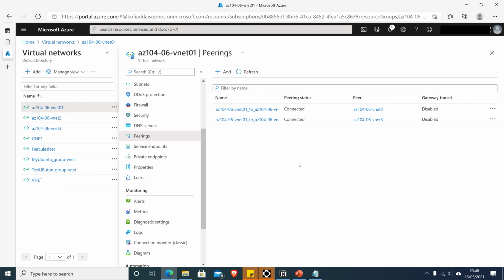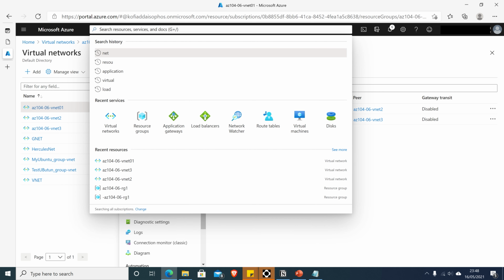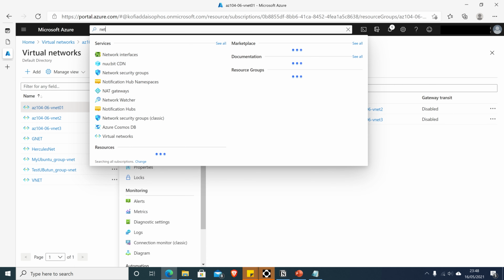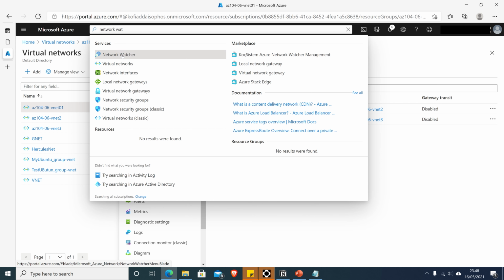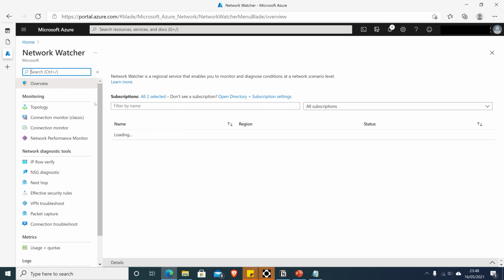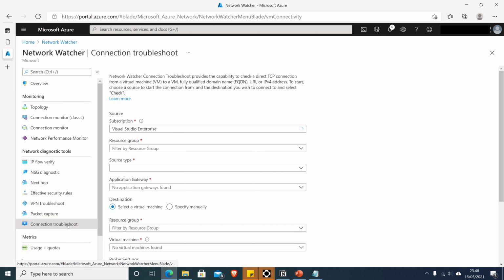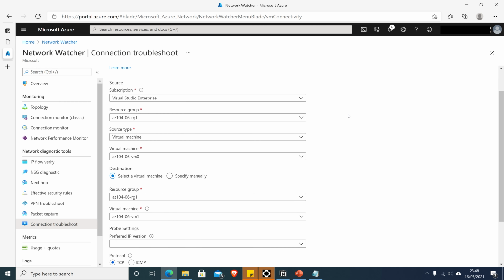For lab number 3, we're going to test the transitivity of the virtual network peering. To do this, we're just going to use Network Watcher. So we type in Network Watcher here, click on Network Watcher, and go to Connection troubleshoot under the network diagnostic tools. So you click on connection troubleshoot here, and then